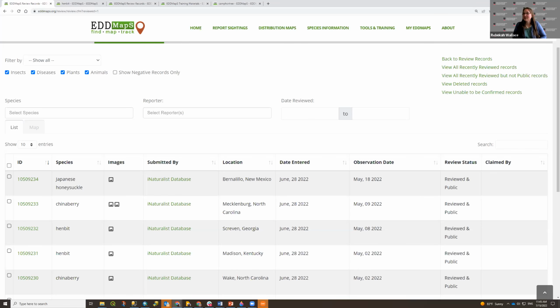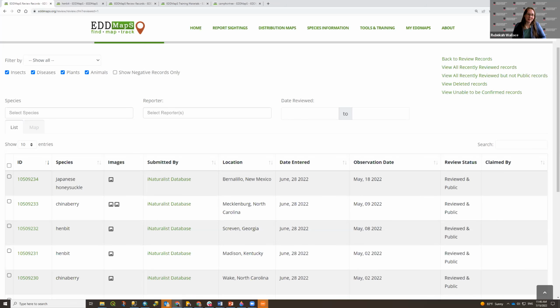So again, if someone reported dandelion, a highly ubiquitous species, and you looked at it and go, well, that's a native aster. But if you look at the fact that if they looked 5 feet to the right there would in fact be dandelion there, it doesn't make sense to change it to subject to that native aster, which isn't being managed. It doesn't make sense to change that record to a negative because it's a ubiquitous species. A negative record isn't particularly useful in this case. So in that case,